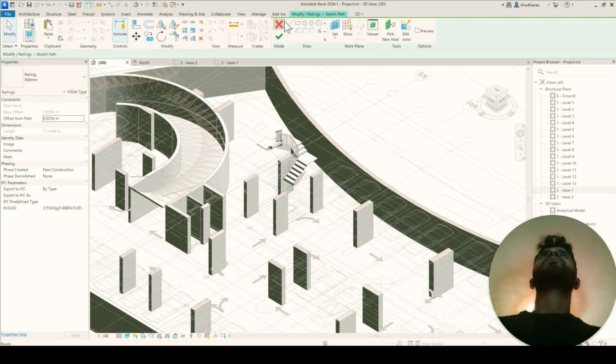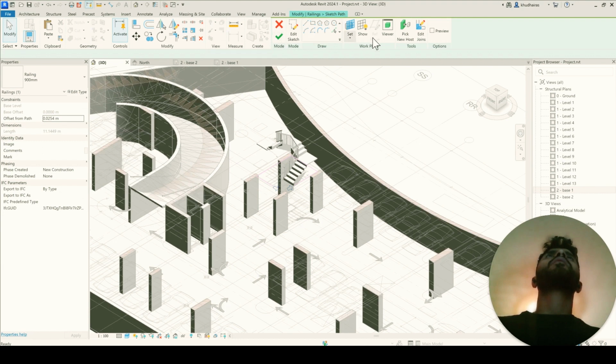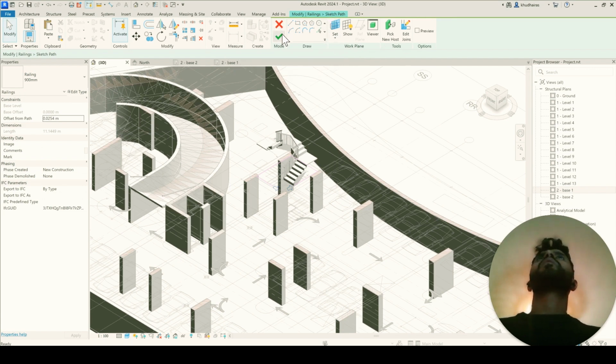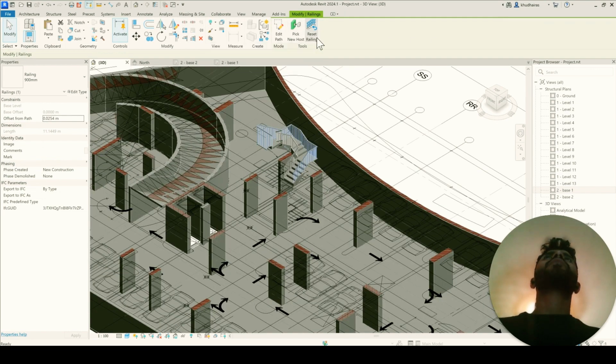Any railing here? No. Or modify railing. One second. So I press on this, then edit path, and search. Go to do this. Reset railing.